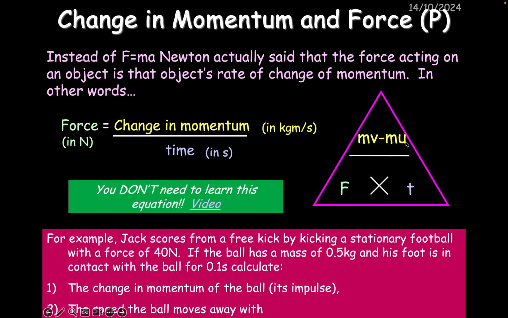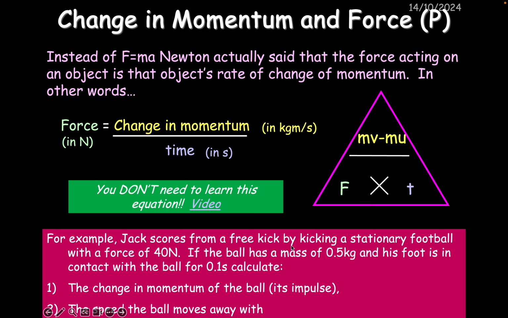That means the initial velocity u is 0, with a force of 40 newtons, so we know F and we know u. If the ball has a mass of 0.5 kilograms, so we know m here, and his foot is in contact with the ball for 0.1 seconds, that's the time of the impulse. Force times time is the impulse you give the ball,